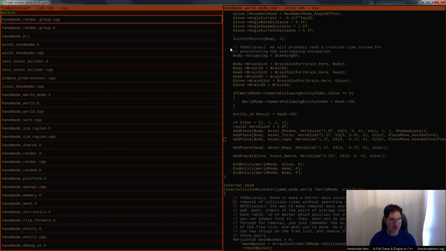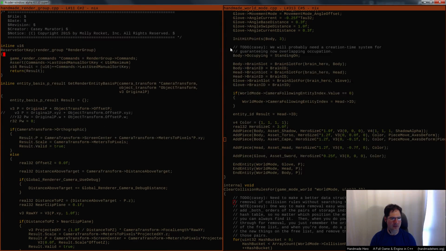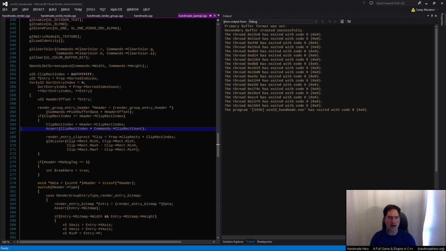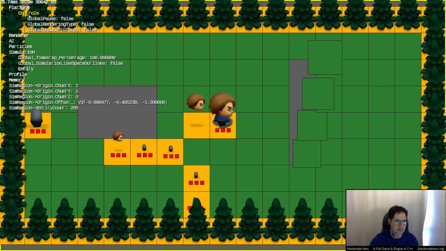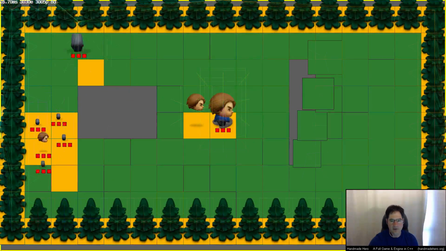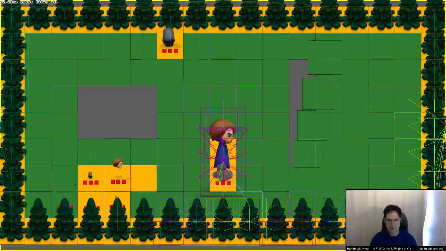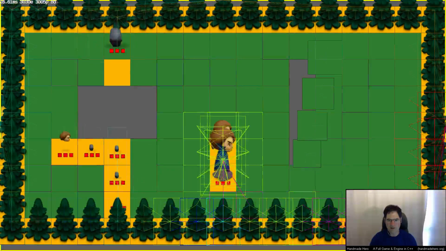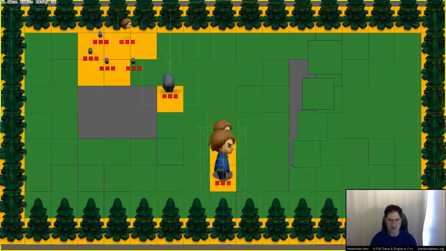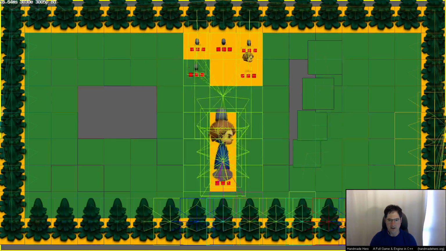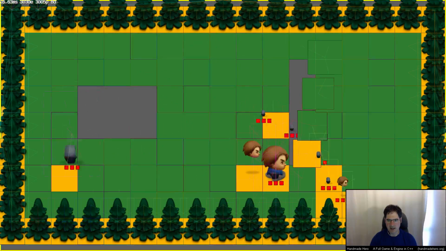Okay. So in Handmade Render Group, I'm pretty sure reserve sort key really has nothing to do with that stuff we changed. So I'm not sure why that would be the case. What I could do actually as well, and let me just go ahead and change this now that I think about it, so inside platform, I'm going to turn on the drawing here. I want to see whether we're getting a cycle at that point. So we are getting a cycle when that happens. So I suppose that it's possible that it's just because, again, we're not really breaking cycles in an intelligent way. Let me double check that I can't make it happen without a cycle.